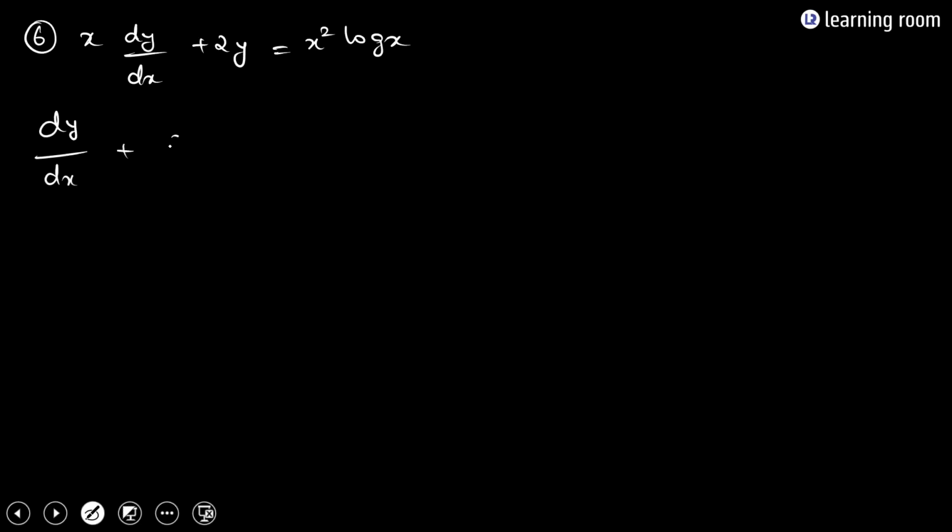Problem yesterday, the sixth one. x dy by dx plus 2y is equal to x square log x. So dy by dx plus 2 by x into y is equal to x log x. If I take P to be equal to 2 by x and Q to be equal to x log x,